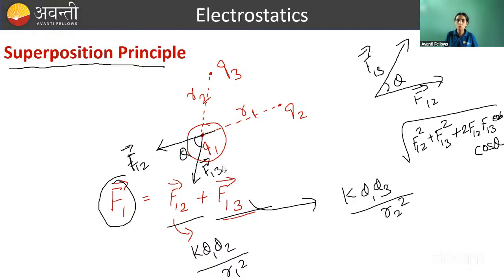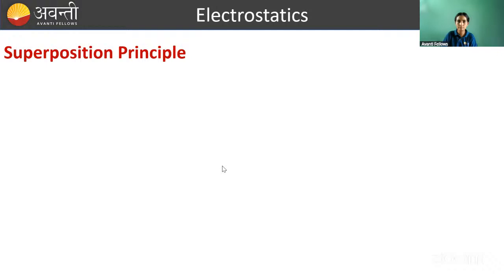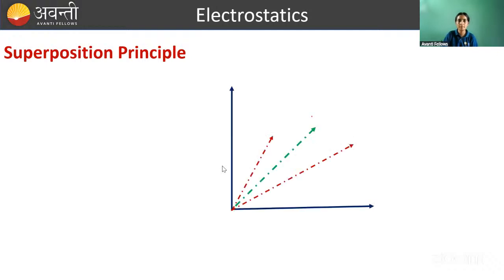Lots of questions you will get where you will be required to add forces vectorially in case of system of charges. ठीक है, so इस तरह से हम ऐड करेंगे. अब देखो सुपरपोजिशन प्रिंसिपल को सिमिलरली हम वेक्टर फॉर्म में भी लिख सकते हैं. सपोज कर लो यहाँ पे चार्ज Q1 है, यहाँ पे Q2 है, यहाँ पे Q3 है. So whatever force will act on Q1 because of Q2,